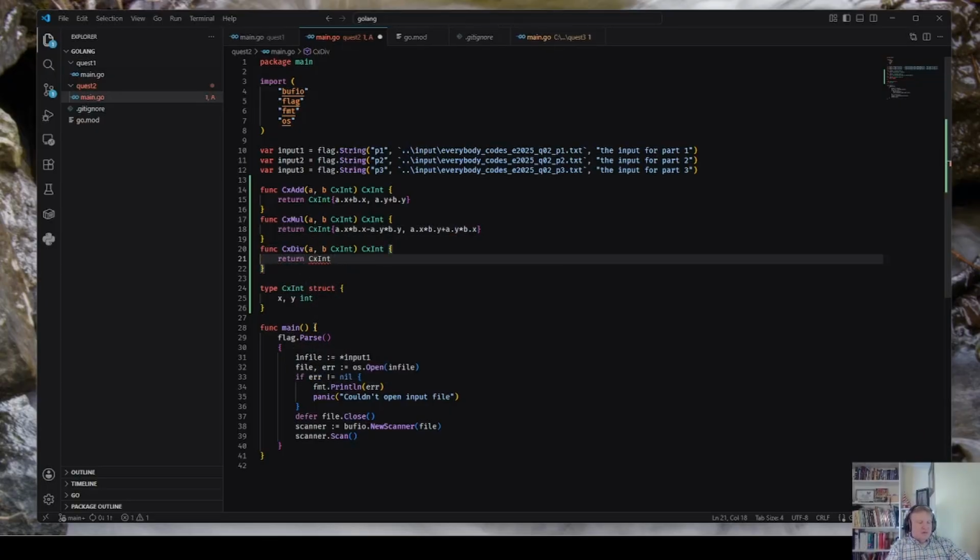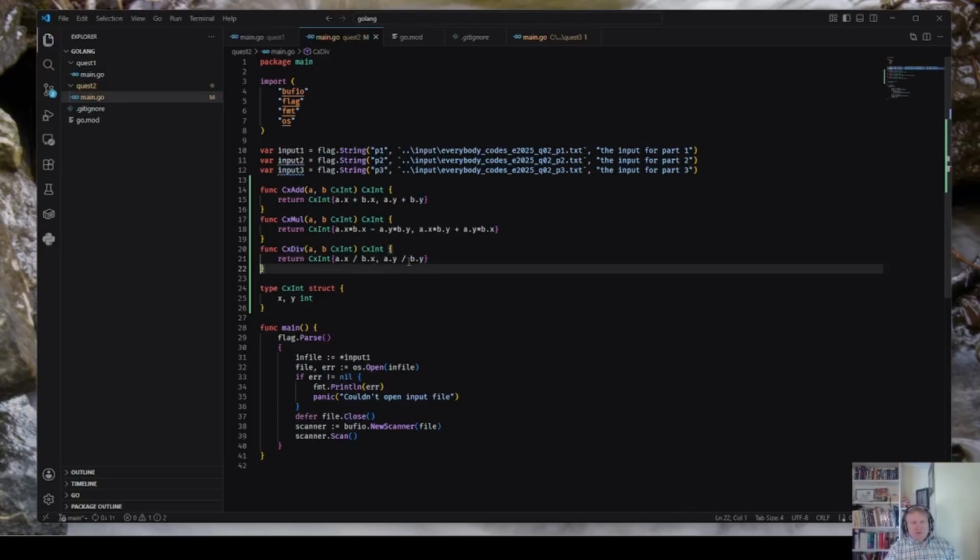This is the really weird one. Just a second, I've got to check something. No. Cx int, a dot x divided by b dot x, a dot y divided by b dot y.